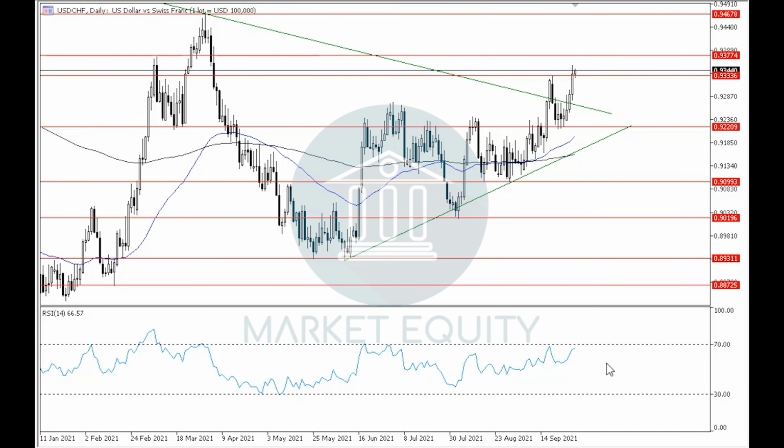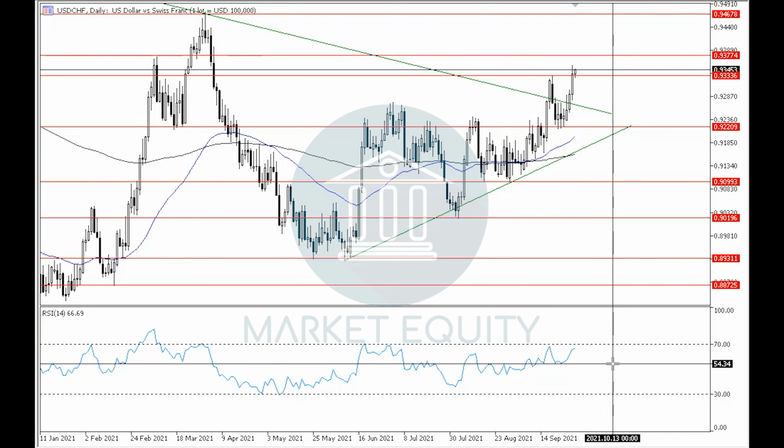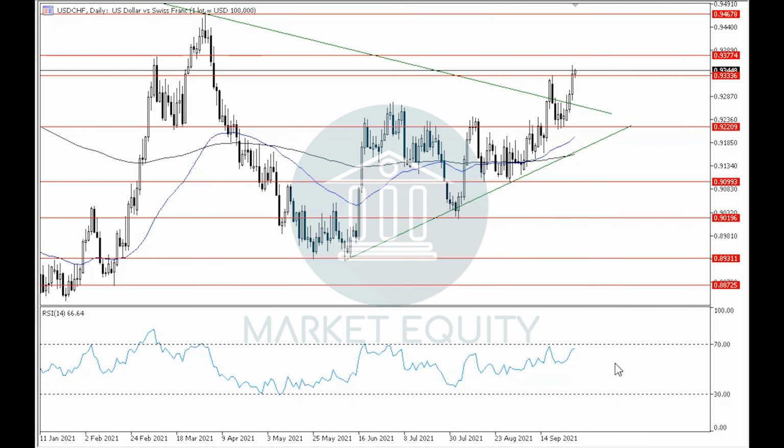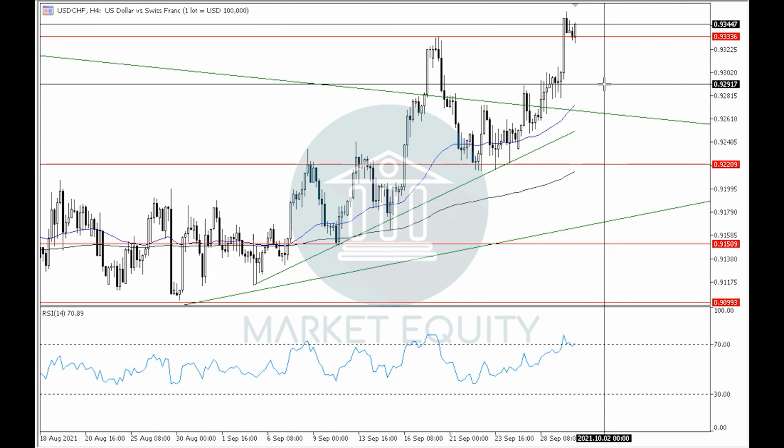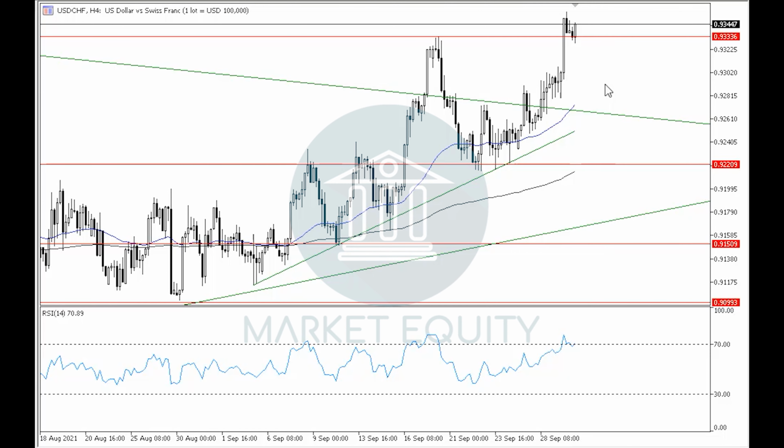If we notice the RSI indicator in the daily time frame, then we can see that by rebounding upwards off of around level 50, it supports the continuity of the current uptrend, and if we notice the RSI indicator in the 4-hour time frame, then we can see that it is starting to rebound downwards off of around level 70 from inside the overbought area, which supports the probability of rebounding downwards off of around the current levels to correct, which in that case might extend to retest around level 0.9290 before continuing with the uptrend in the 4-hour time frame as well as the daily time frame. That was it for the US dollar versus the Swiss franc.